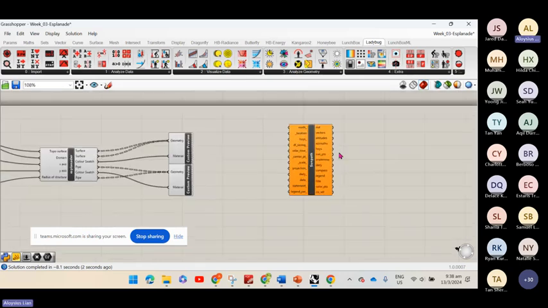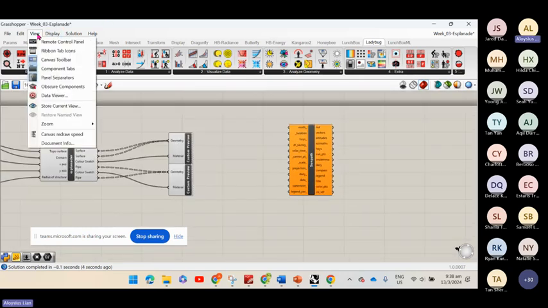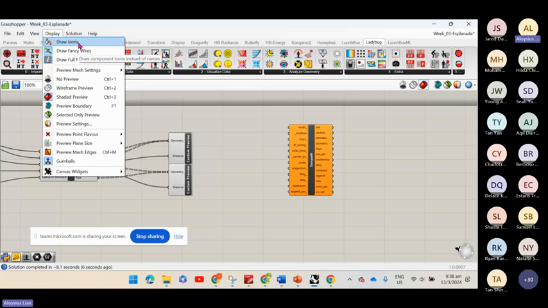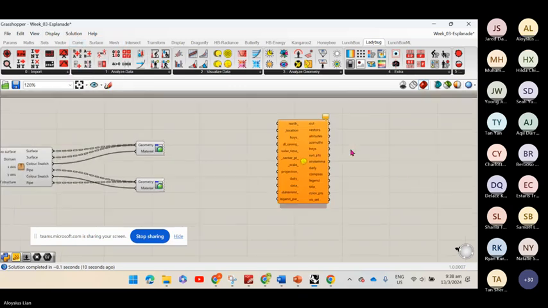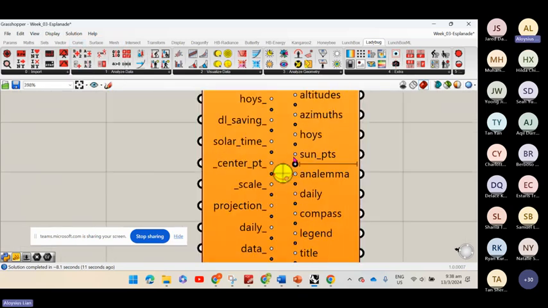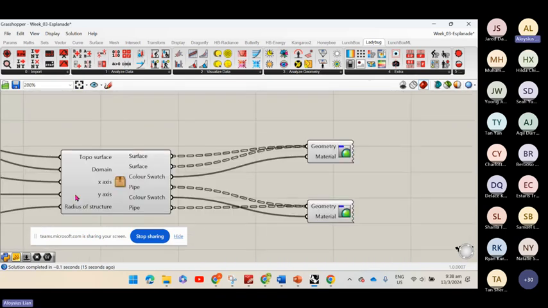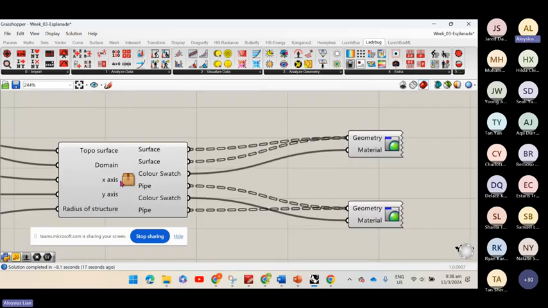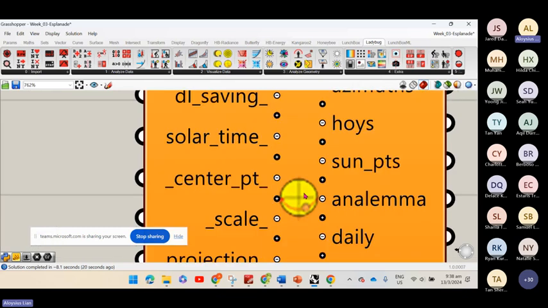Okay. Now I'm not showing it by the icons, right? So I can always go back to my display, draw icons. So there's an icon here that is drawn for Ladybug. There are icons here. This is the cluster icon. I can go back here